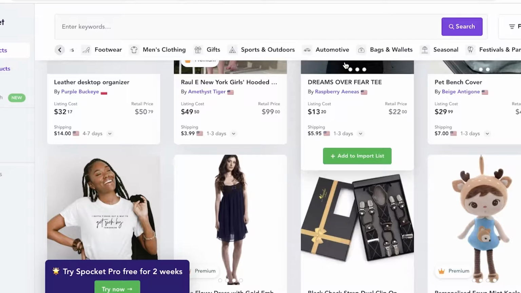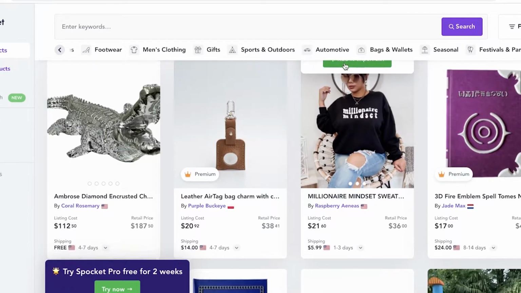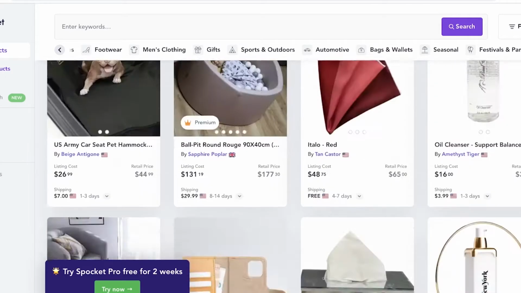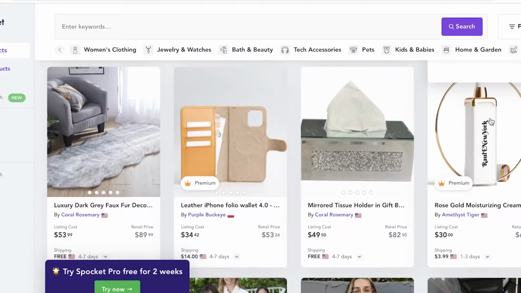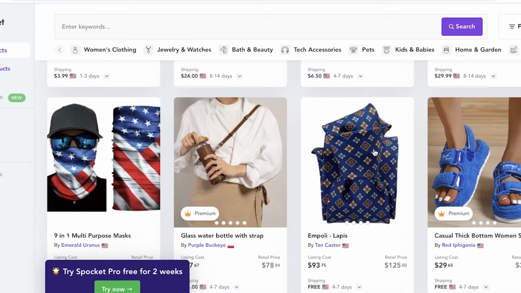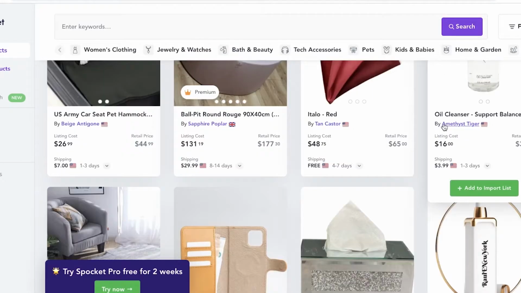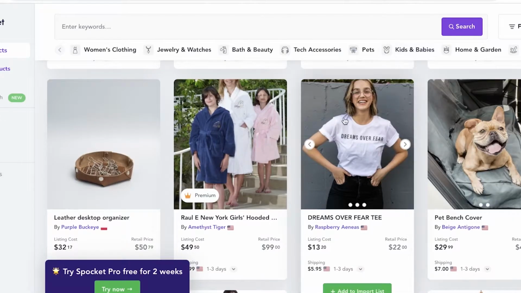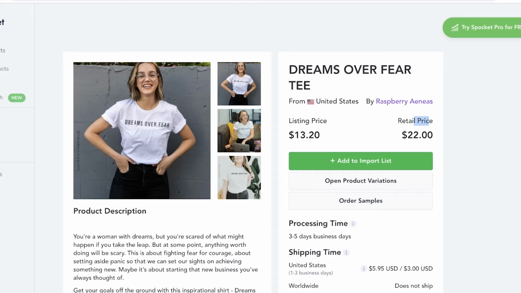You can always open up Alibaba to do a quick comparison between the two to see which one is more profitable. Depending on the kind of product, maybe you want quick service for your customers, you want people to receive their products as soon as they order, then going ahead with a different platform might be better. But if you are fine with a little bit of shipping delay, then Spocket is definitely going to be your choice. There are a lot of different items I could go on about and specific categories I could look at, but I'm going to leave that and move on to the pricing of Spocket.